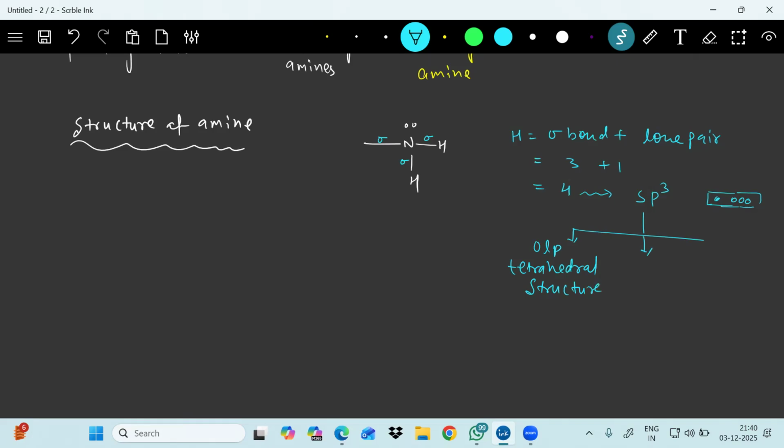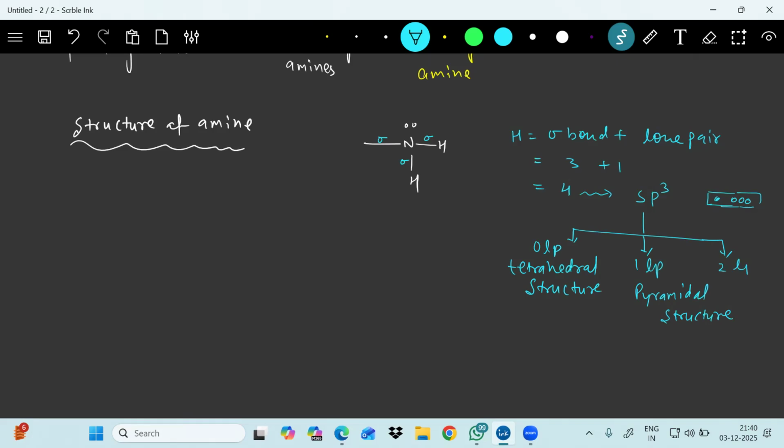But with one lone pair, its structure is pyramidal. But if there are two lone pairs,